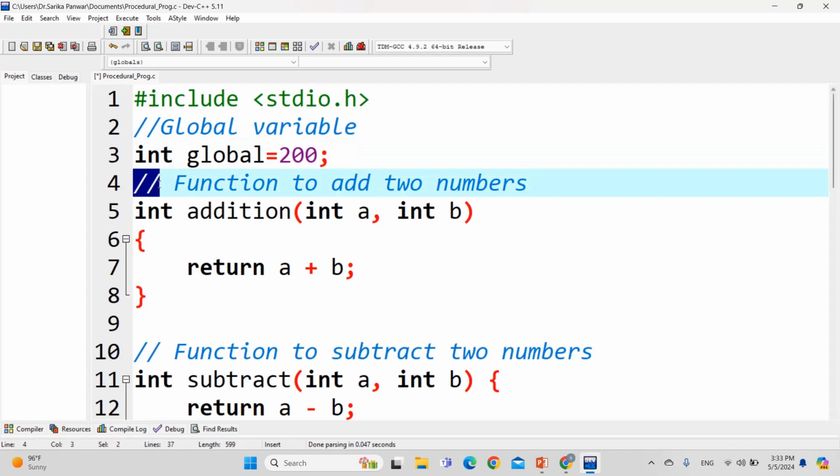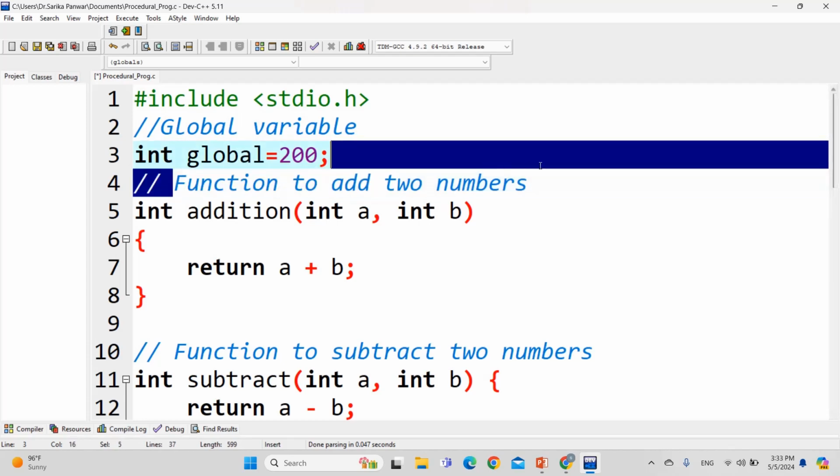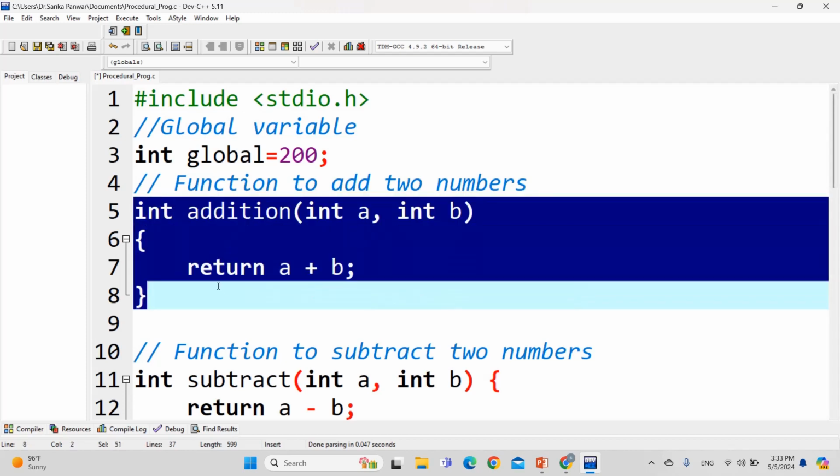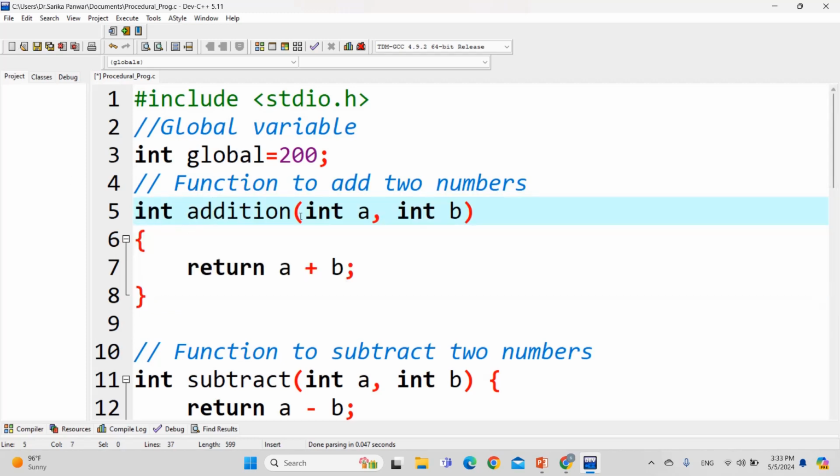Now again, I am giving one comment, that is function, to add the two numbers. Now here I am writing the function definition. This is the call. This is actually called as the procedure. The whole program, as I have told you earlier, is divided into the procedures or functions in procedural programming language. So here, this addition program,